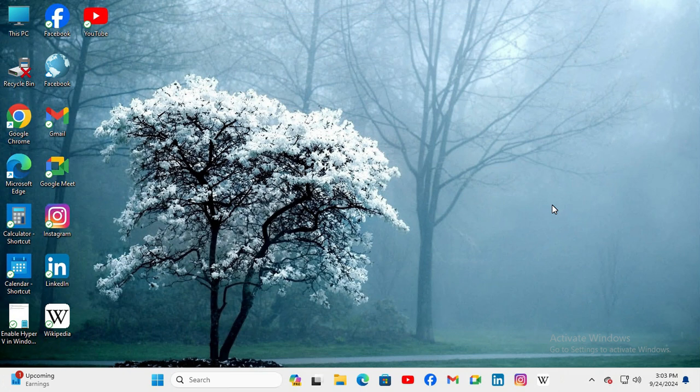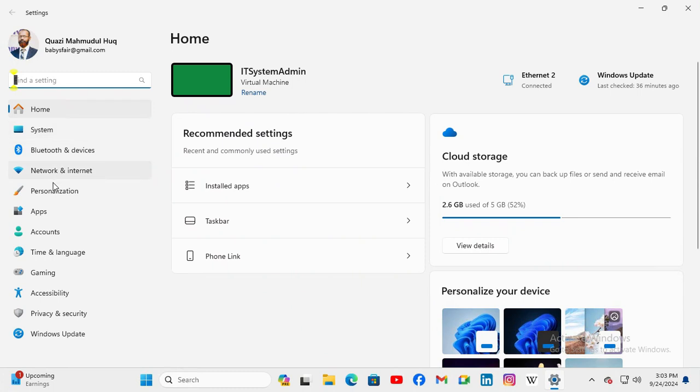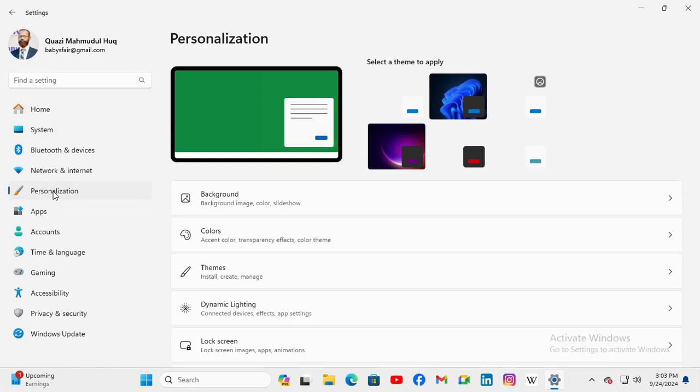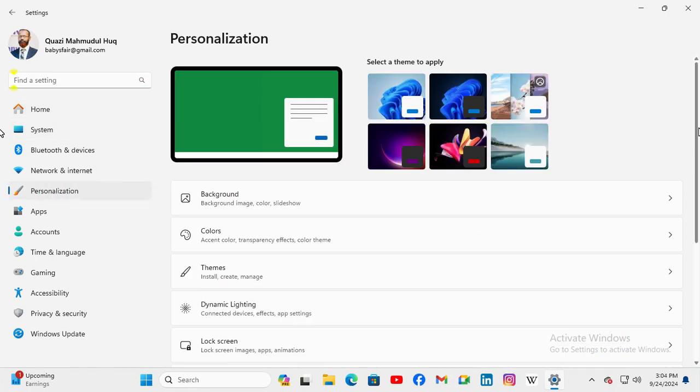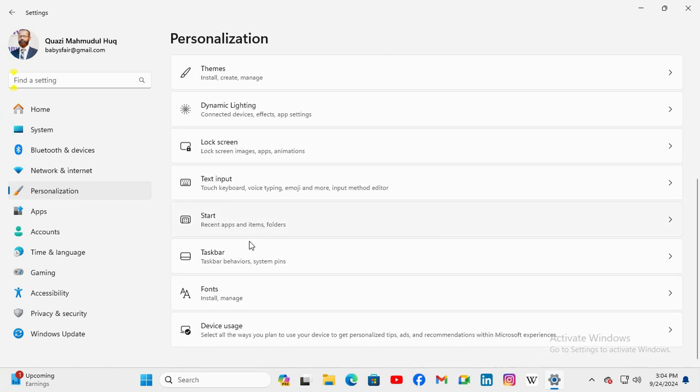To turn on recently added apps on start menu in Windows 11 computer, click on start menu, click on settings. In the left pane, click on personalization. Now scroll down, click on start,